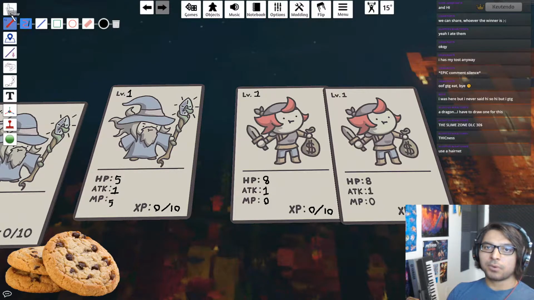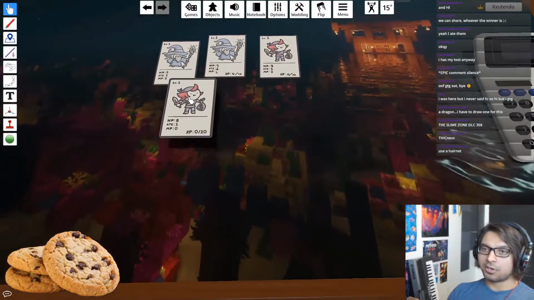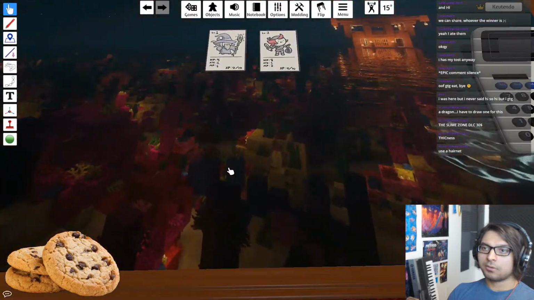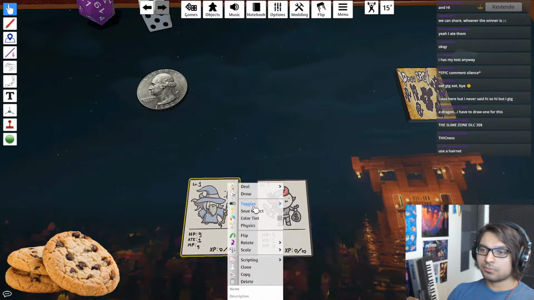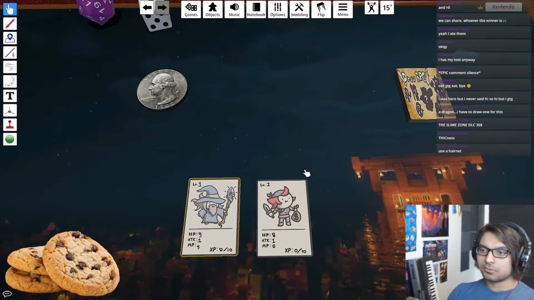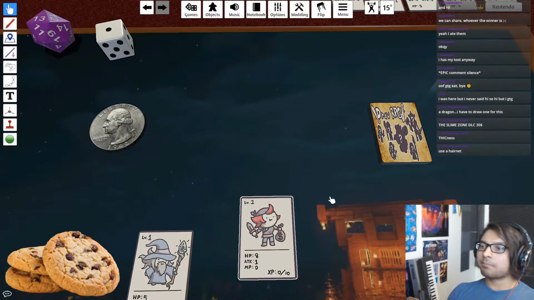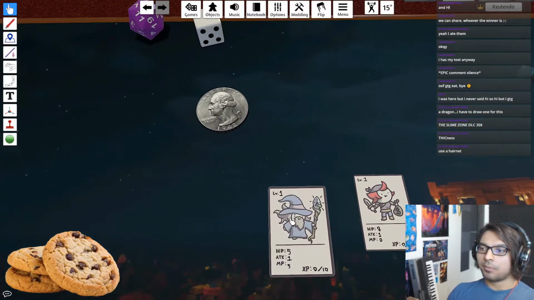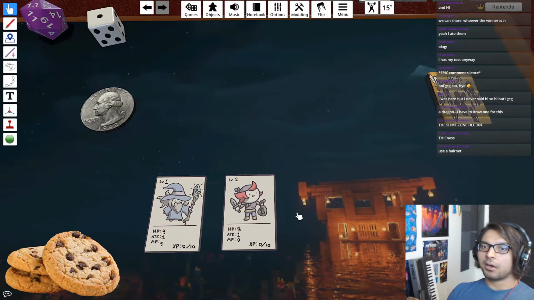So now we can go up to the grab tool. We can take these cards off to the bottom, and then we can unlock these two. And we can start playing the game. Or at least like play testing. I don't have damage counters, which really help, but